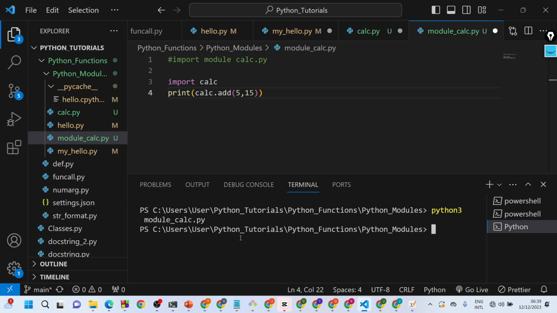Okay, let's just save. Control KS. Let me quickly save this, Control KS. So after that, let's run our module again. Hit enter and wait for that. All right, so as you can see, it's going to display 20, which is the sum of 5 and 15. So basically, that is just a simple example